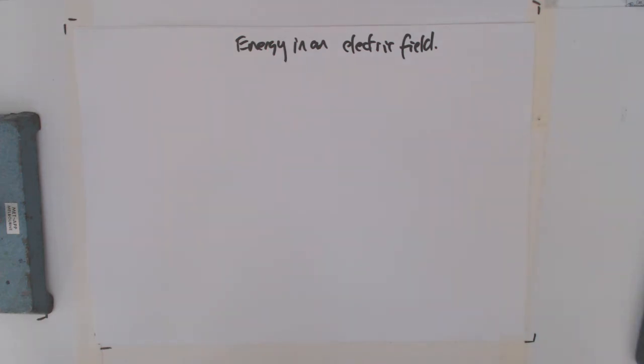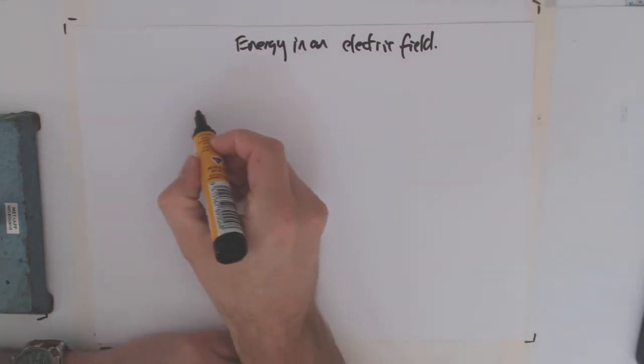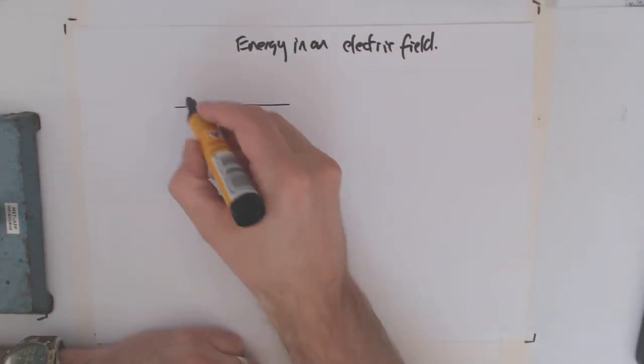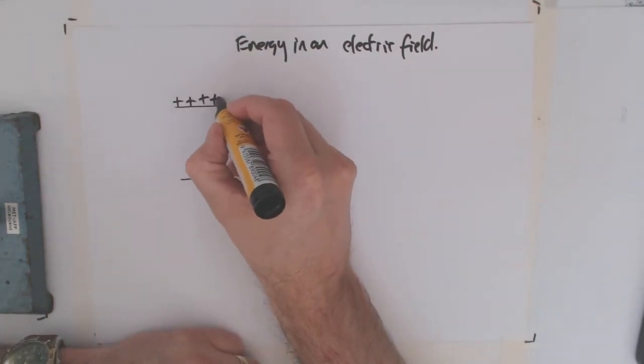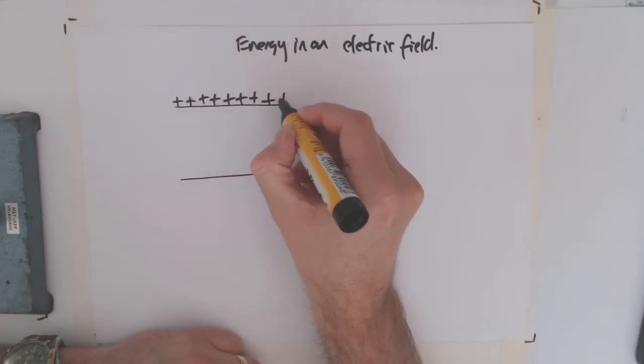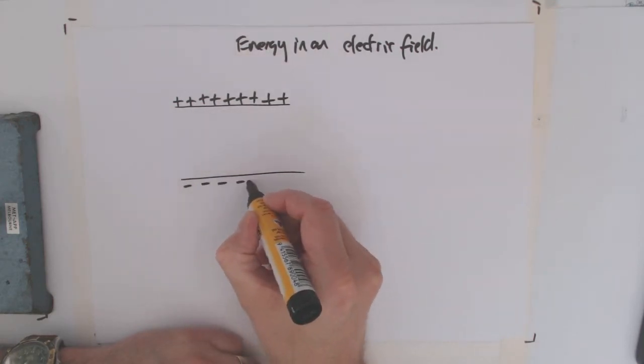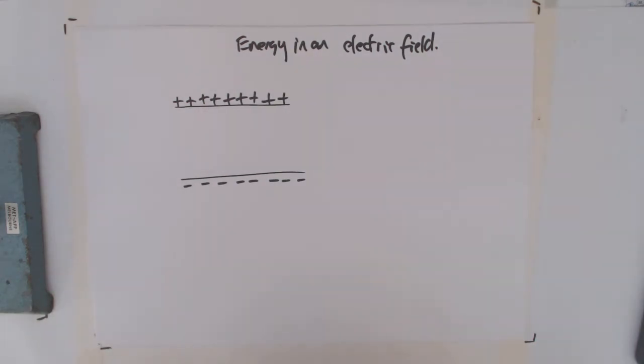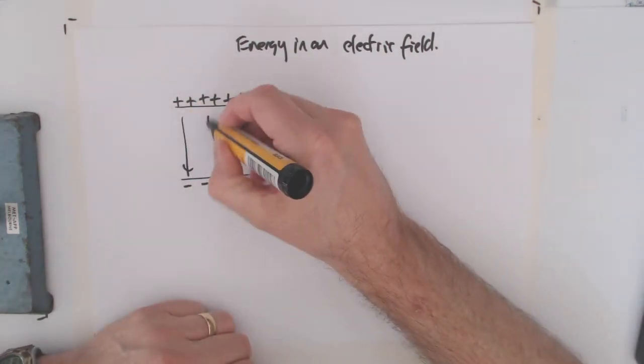All right, what I want to do here is look at energy in an electric field. I think to do this we'll use the capacitor, and that's because, as you saw, the electric field near a point charge changes. It is not uniform, and therefore the calculations get more complicated. So we've actually got